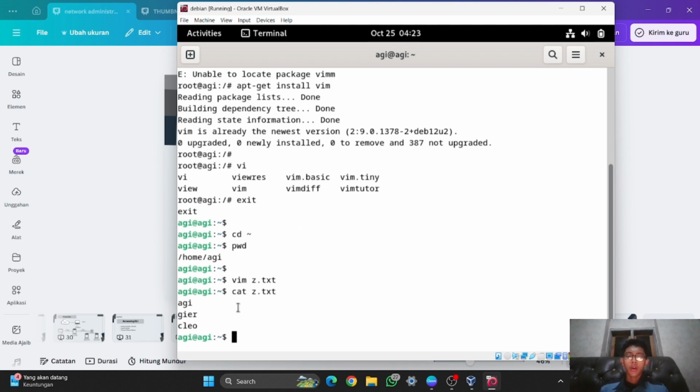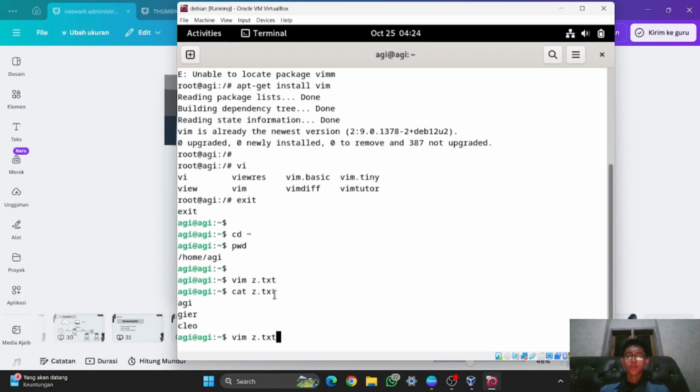And right now I want to use Vim as an editor. So for example, I want to change this text on the z.txt using Vim. So you can just type vim and then z.txt.